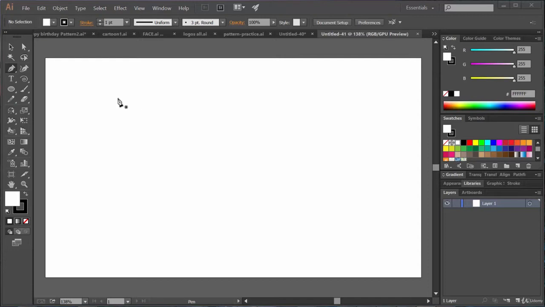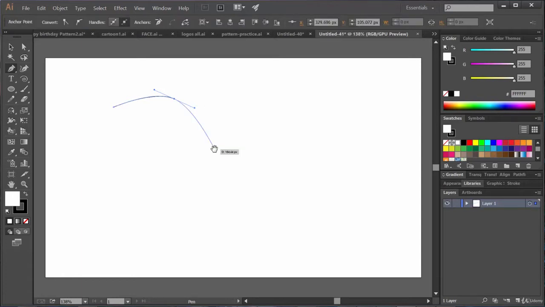Now, the first thing is when you are drawing something using the pen tool, you can change the place of this anchor point using the space bar. But remember that this case is considered only if you haven't left the mouse. Now, if you have already left the mouse, then what can you do?